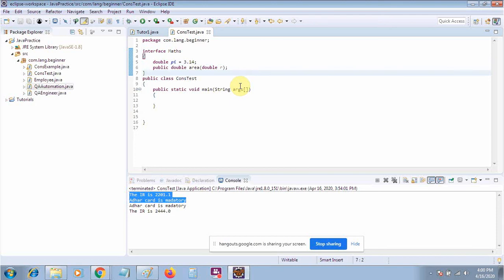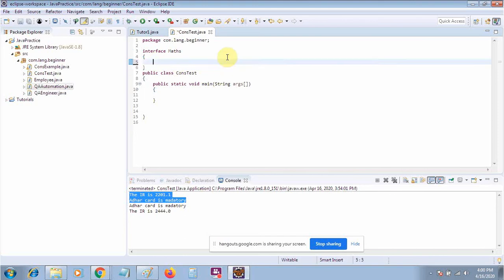So let's make it much easier instead of doing some calculation. Suppose that it has a method like public void sum. It will take two parameters, int a, comma, int b.